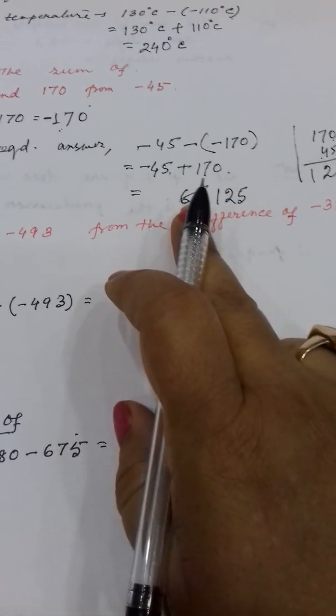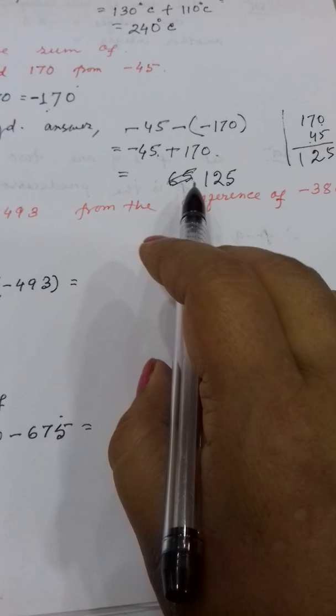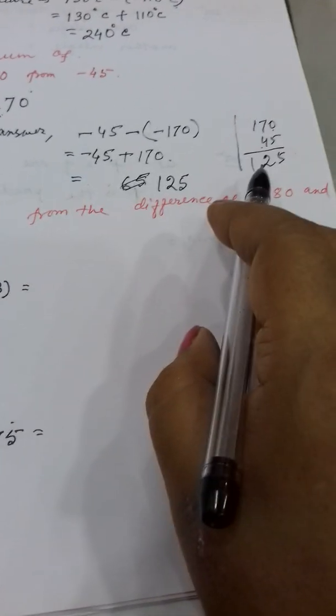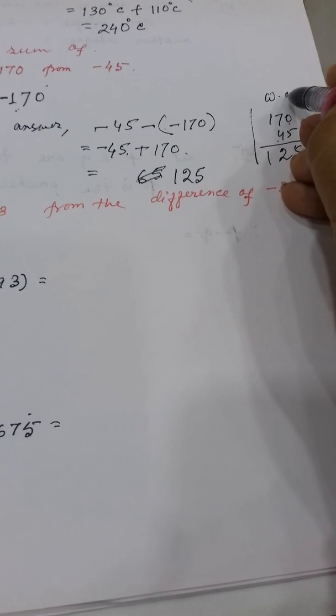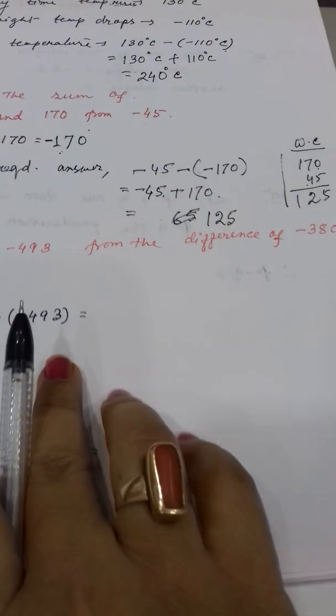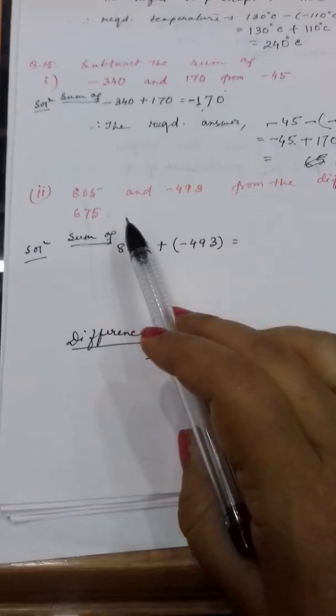See, I can also make mistake. Yes or no? Because I am a human being. I can also make mistake. I was trying to do orally, but I have noticed that suddenly I have made the mistake. So I have used the working column. So you also don't try to do orally. Clear or not?